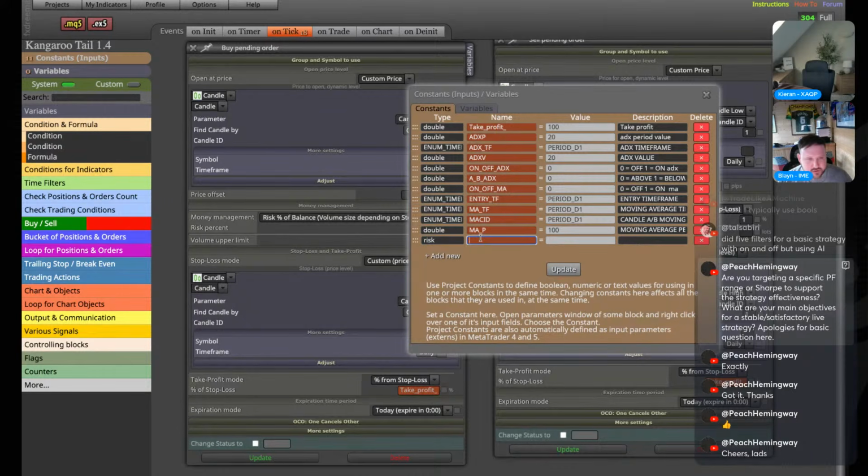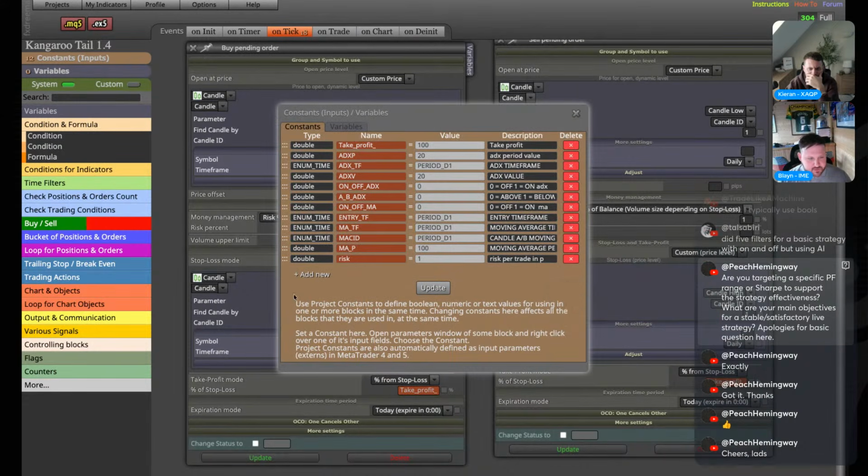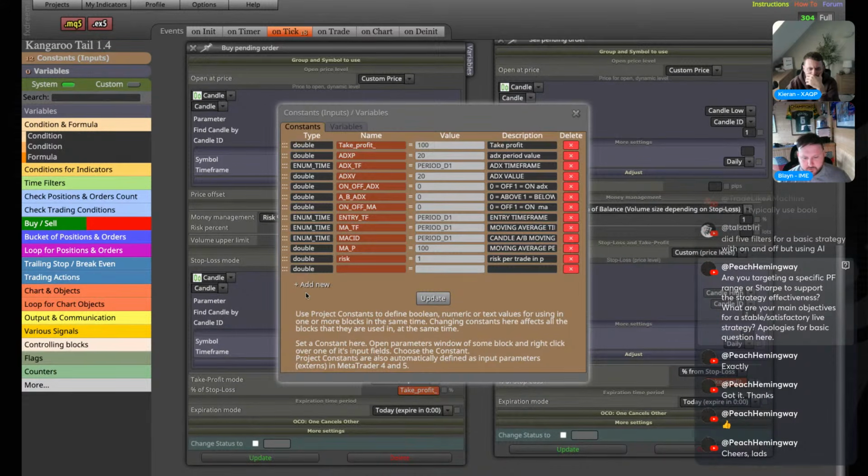So let's do value. Double. Risk. 1% risk per trade. And P. So P is just that. Let's do